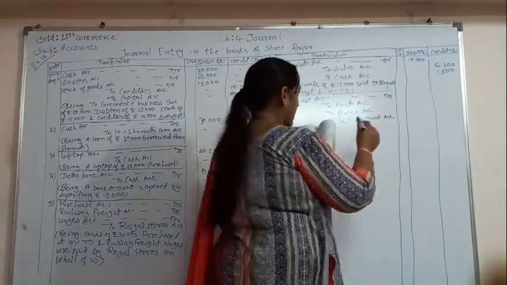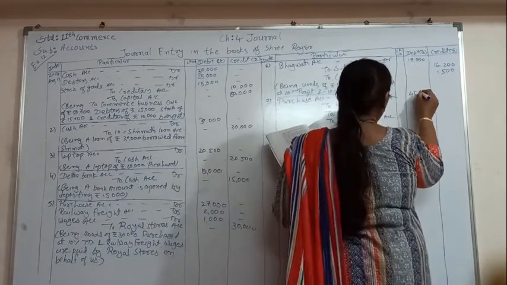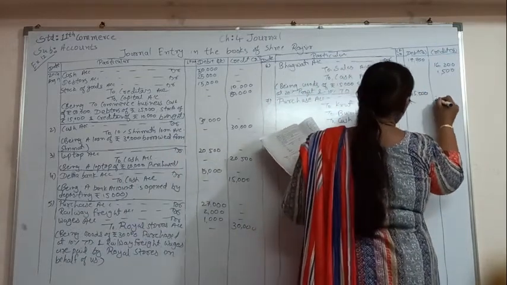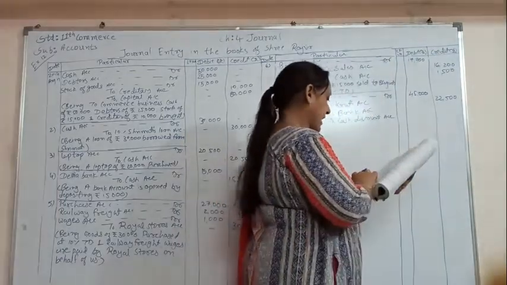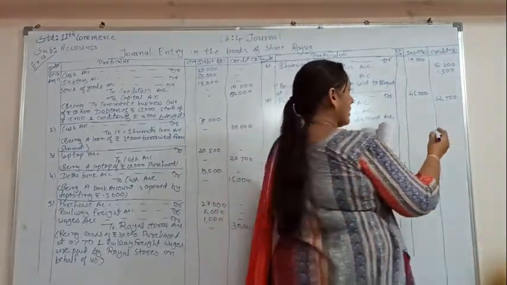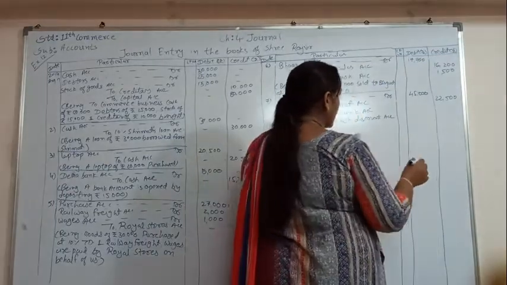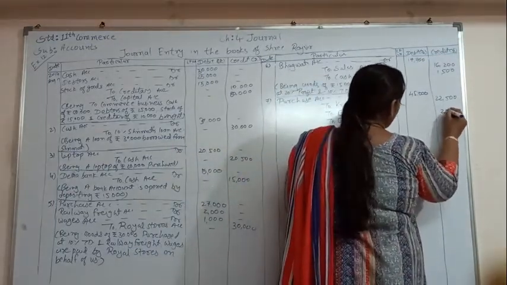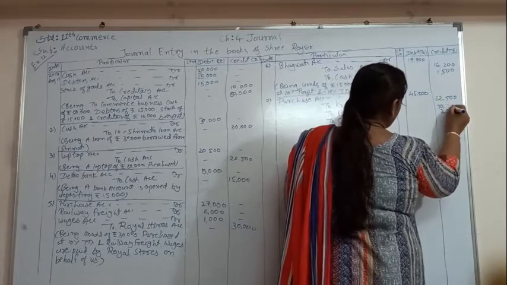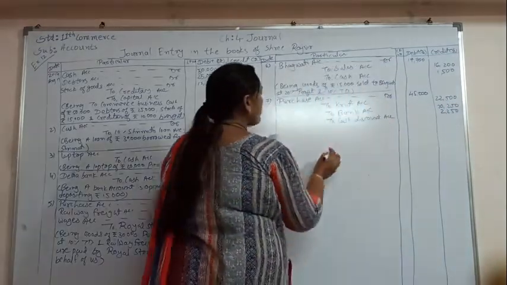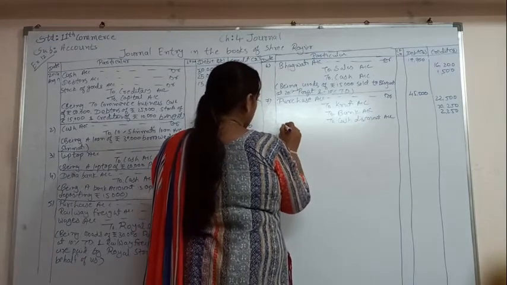So here purchase is of rupees 45,000. Half amount we have paid by check. So here 22,500, on that we are going to get the discount of 2250. So the amount will be 20,250 that we are going to pay by bank, being